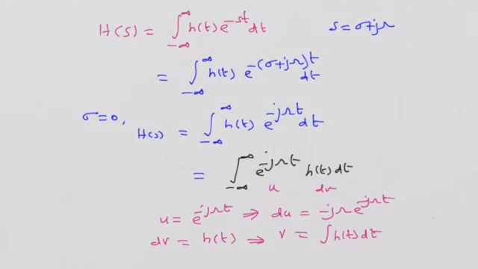When you take sigma is equal to 0 in s is equal to sigma plus j omega, it is understood that we are trying to evaluate this over the imaginary axis. So we can say that h of s exists